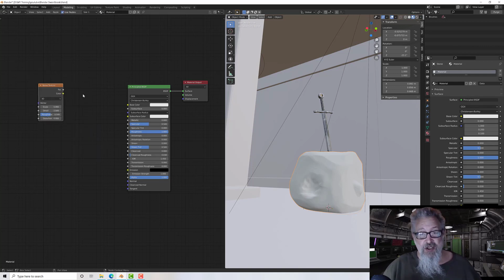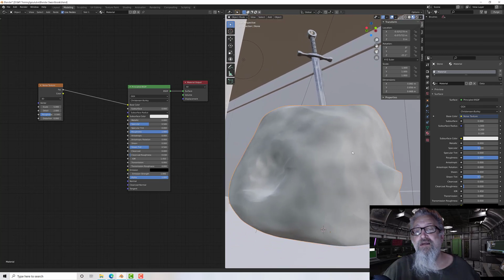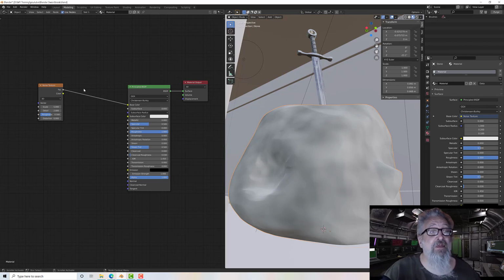And with that noise texture, we just need to tell it how to project. Let me just make sure I'm on the right material. I'm not on the right material, but oh no, perhaps I am. If I drag and drop that into colour, you'll see it projects onto our rock here, and we're just going to make a very simple stone texture in this one, but